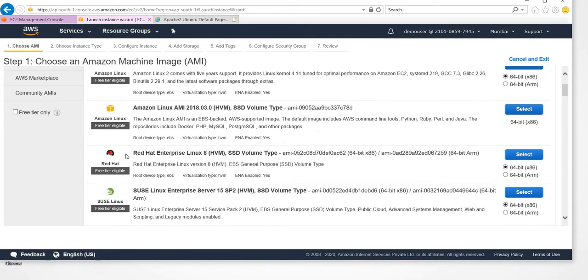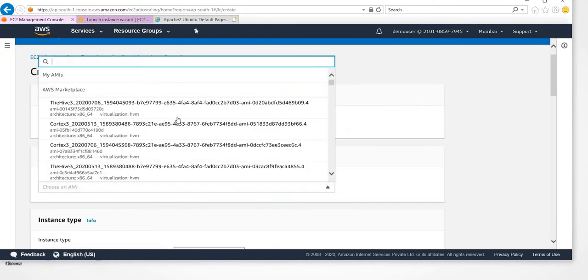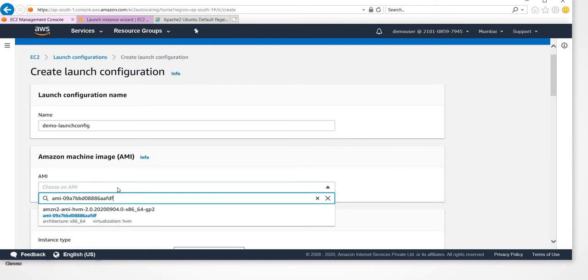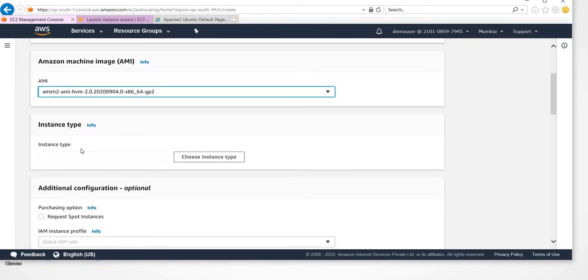All those images will get listed, and here you can get the AMI image number. Otherwise, in that screen you would need to go one by one, which would be difficult. So we can search using the Amazon AMI number, and this is the AMI which I'm going to use for this.